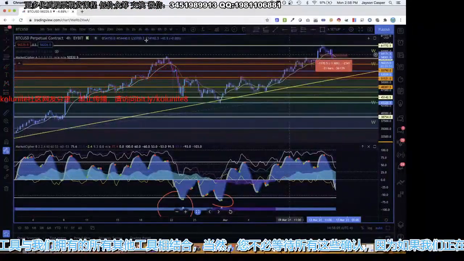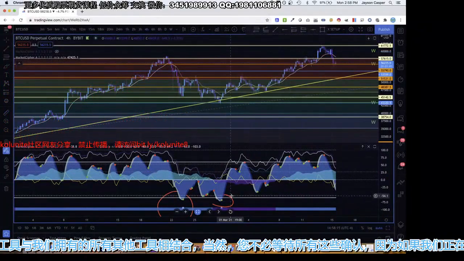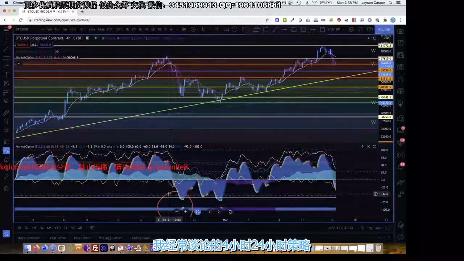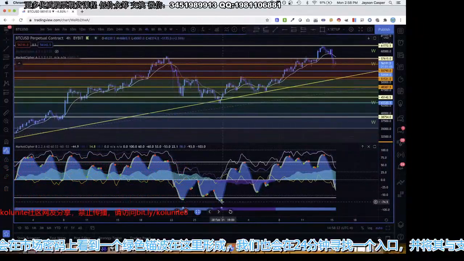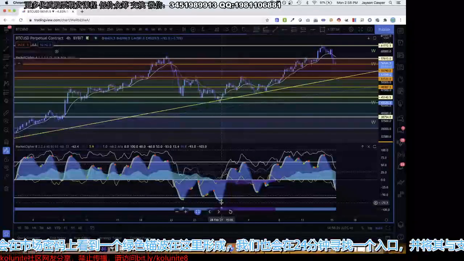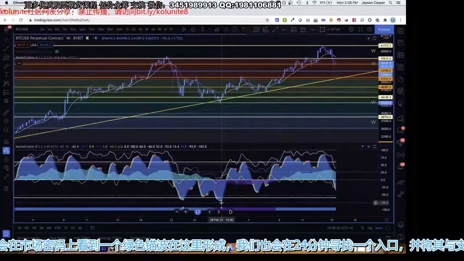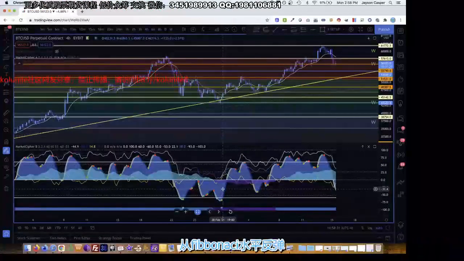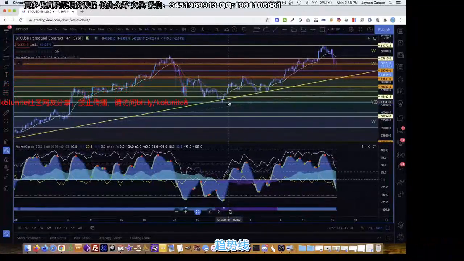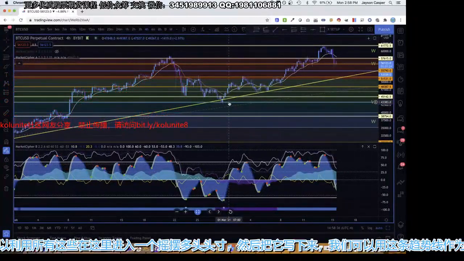And of course, you don't have to wait for all these confirmations, right? Because if we're trading the 4-hour 24 strategy that I often talk about, we would have seen a green anchor wave forming down here on Market Cipher B. We would have looked also on the 24-minute to find an entry and combine that with the bounce off the support, the bounce off the Fibonacci level, the bounce off the trend line, and we could have used all that to enter into a swing long position here